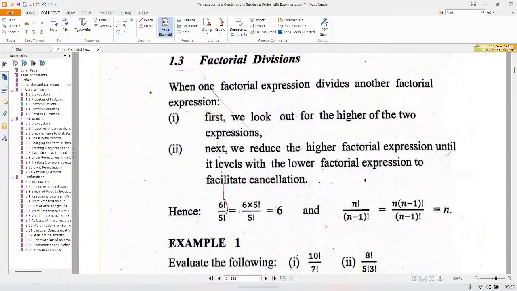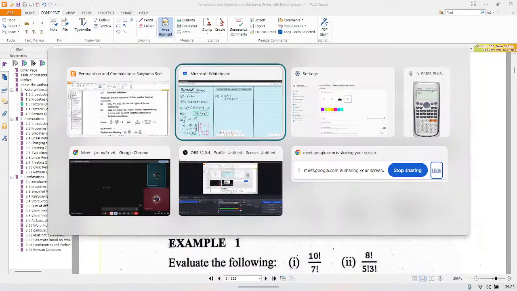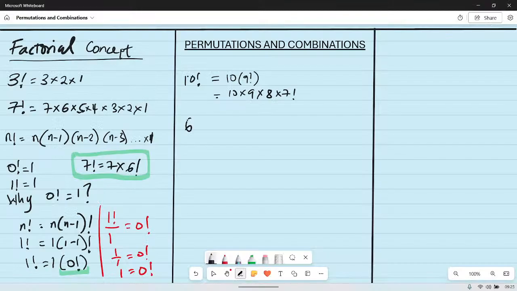When one factorial divides another factorial, we look out for the higher of the two expressions. Next, we can reduce the higher factorial expression until it levels with the lower factorial expression to facilitate cancelling. So, for example, if we have 6 factorial,